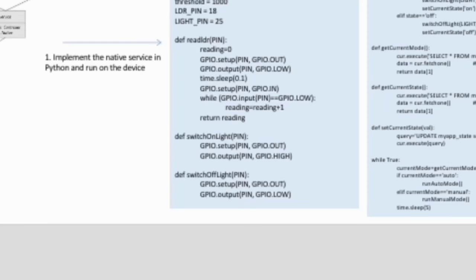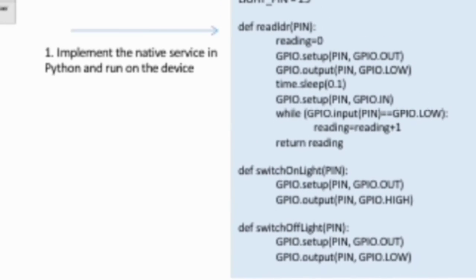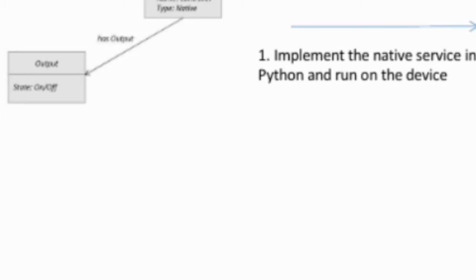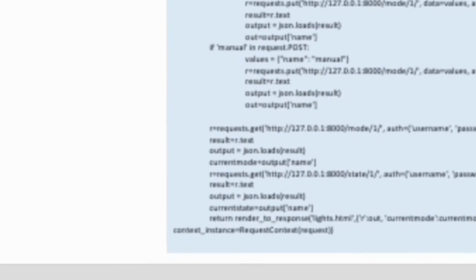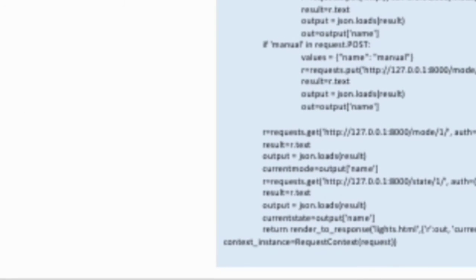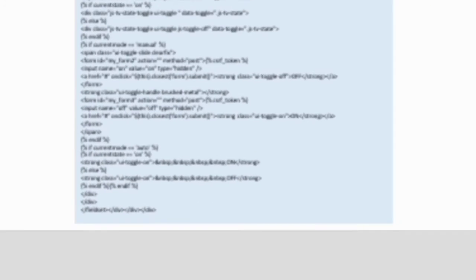Implementation of controller native service: controller native service deployed locally, and the description. And implementation of application, implement application view, and implementation of the application.